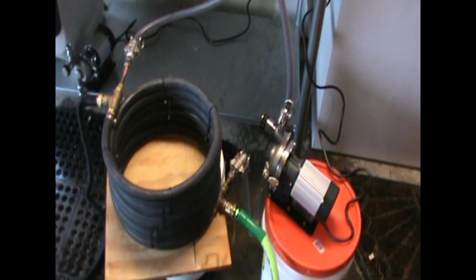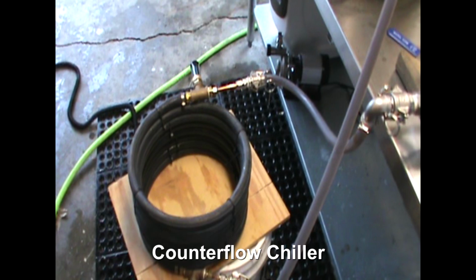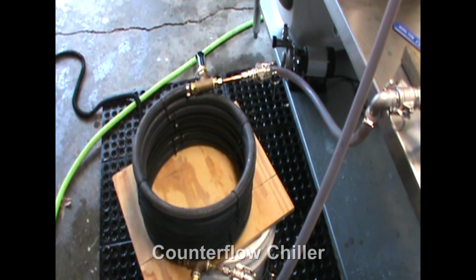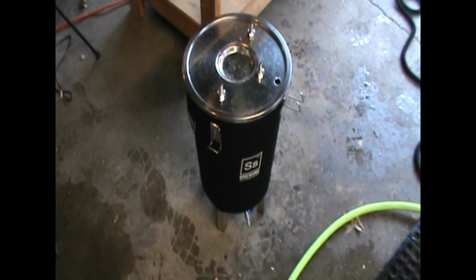I've been chilling now for a while. Measured the temperature here, and it's about 71 degrees. Pretty close. So I'm going to stop the plate chiller. Transfer to my fermenter,